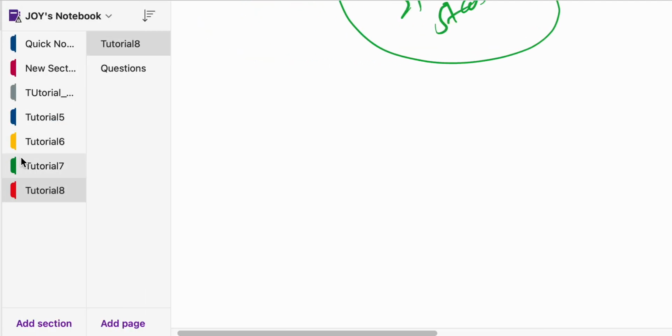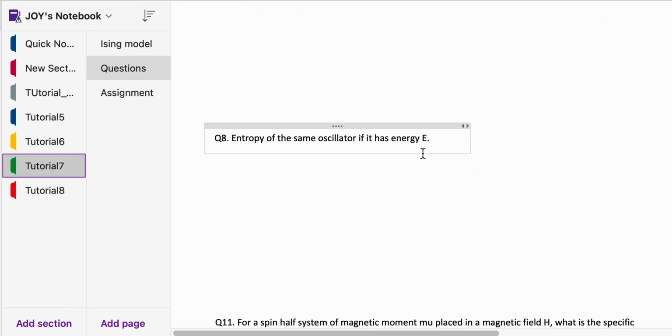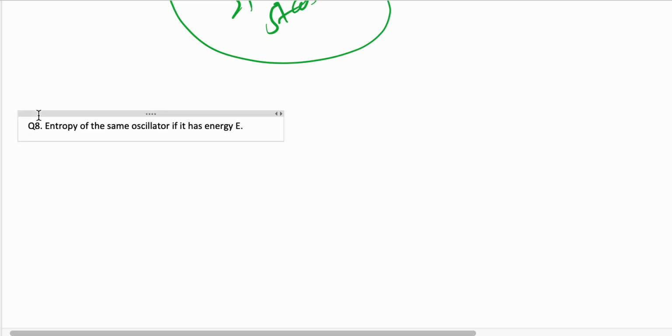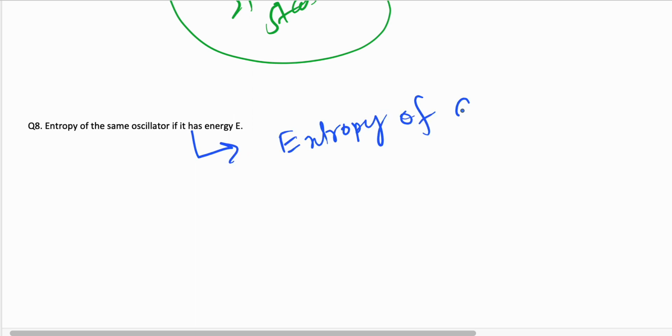Now let's move toward the next question. Okay, entropy. This is a nice question. So here it is asked the entropy of a simple harmonic oscillator, SHO,